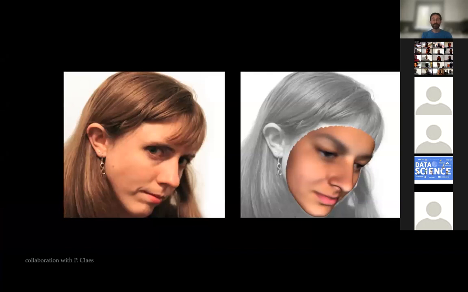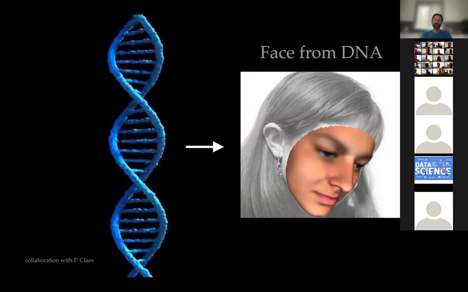So here's another example of talking about exotic shape-from-X problems. So what you see on the right might appear as a poor reconstruction of the image on the left, but it's actually not reconstruction from image, it's reconstruction from DNA. So it is possible in some instances to recover the structure of a human face from genetic information.